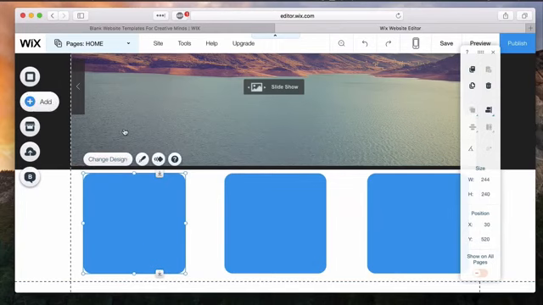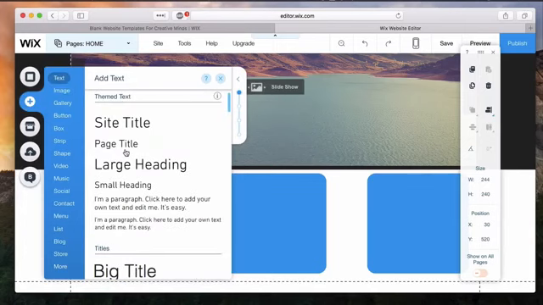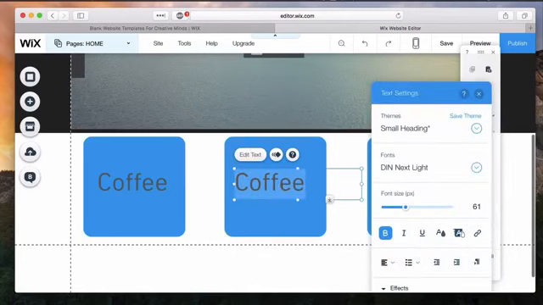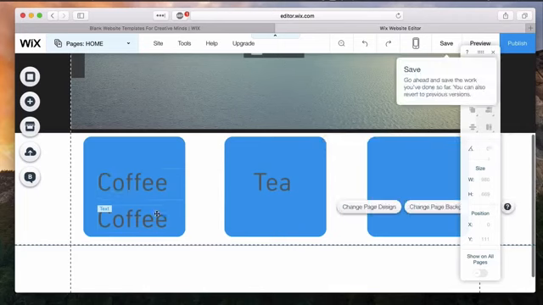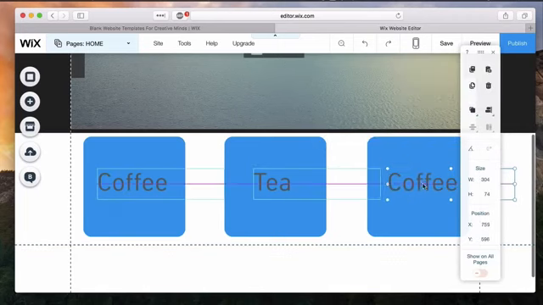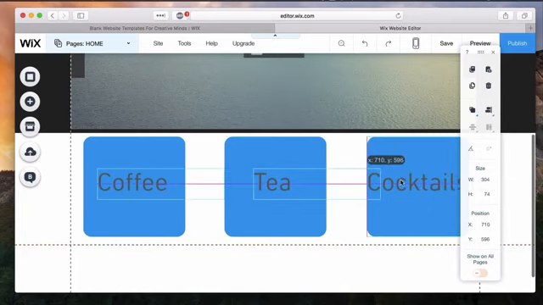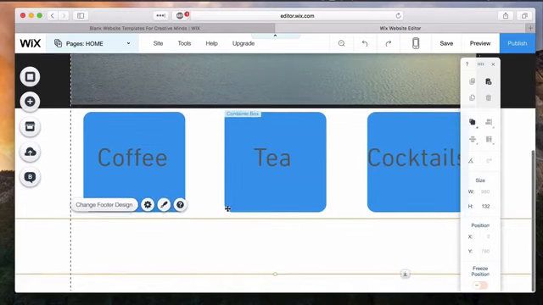So let me go ahead and take a basic text layer here and then drop those over the boxes here. So I'll just say, let's go with a small heading here, and then I'm going to go ahead and disperse those across these 3 boxes. Alright, so I've now added those 3 basic buttons here, and I want to add, lastly, a contact form down below,